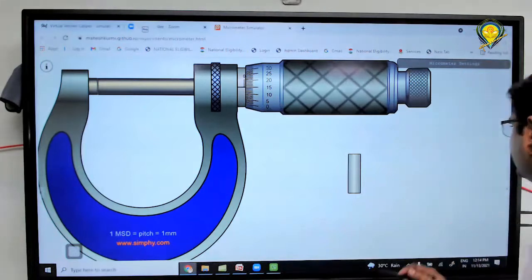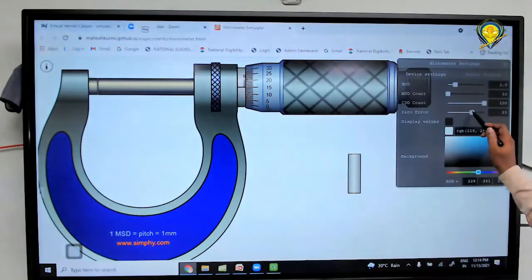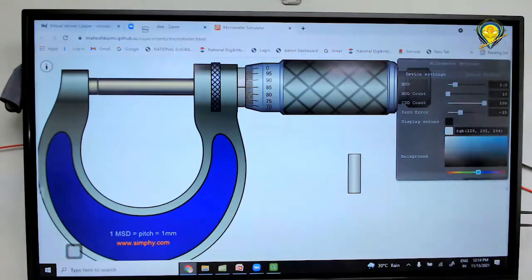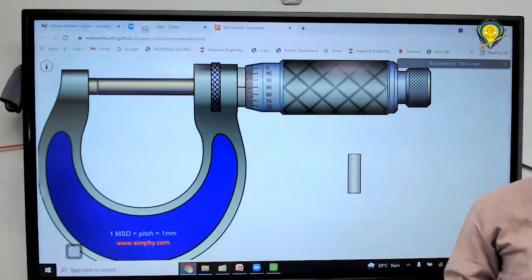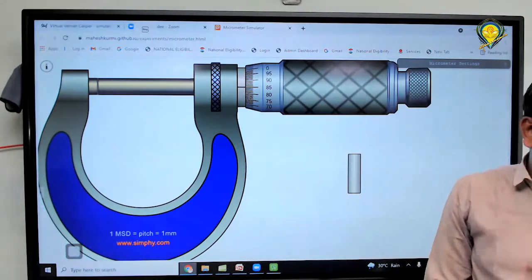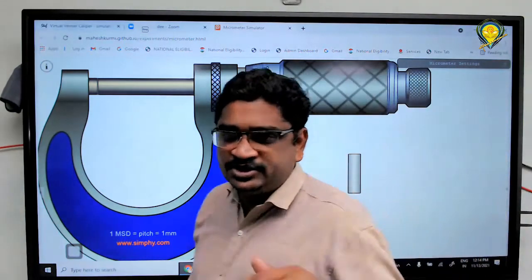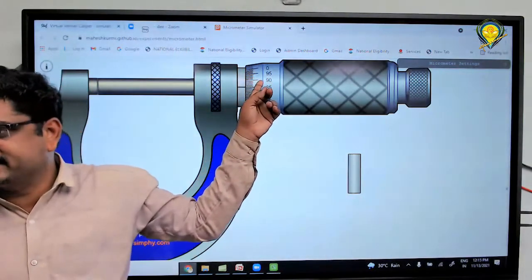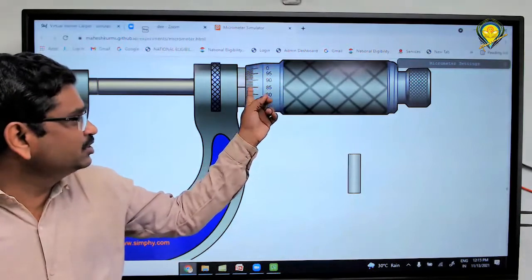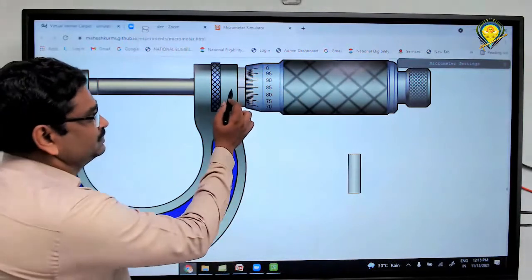Next. If it is negative error, then negative error is like this. It is showing that 85 is the reading without any object. That means 0 is above the horizontal line. Is it correct or not? Can I specify like that? This 0 is above this horizontal line. This is a horizontal line.